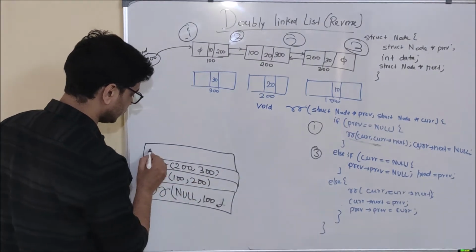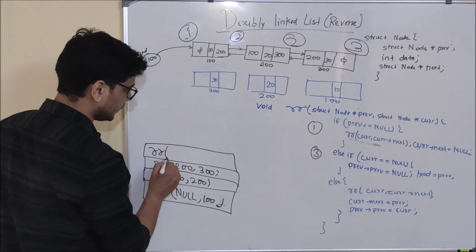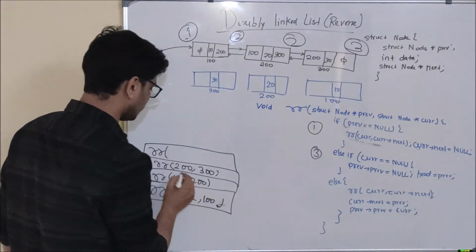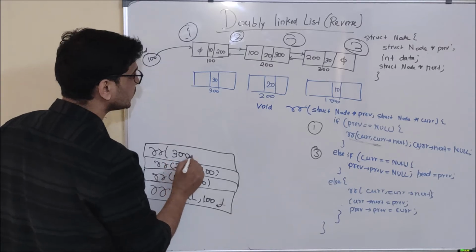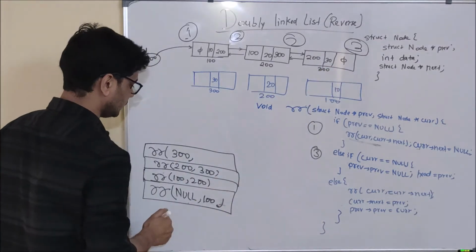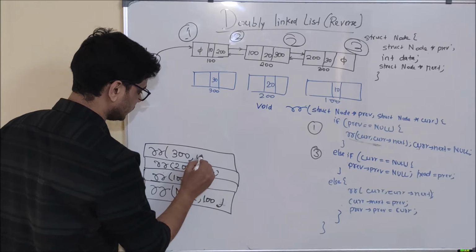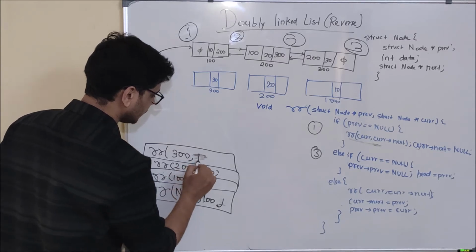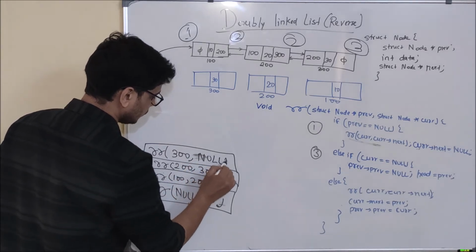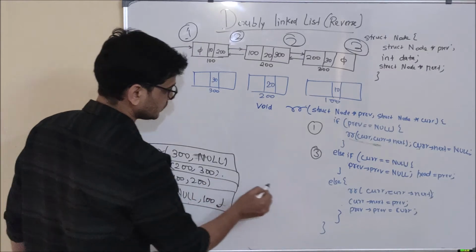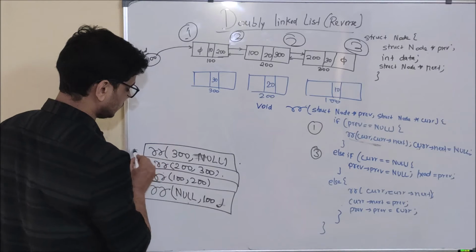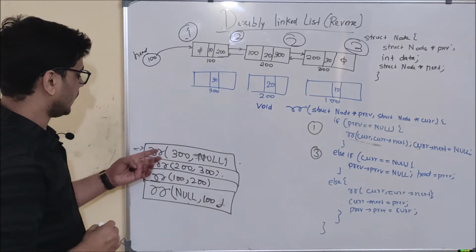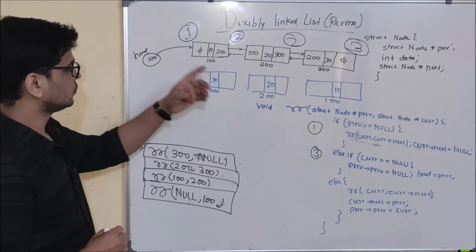So what is going to happen in this else part? A function call will be made to current comma current dot next. What is current? 300. And what is current dot next? Next part of node starting from memory address 300. So it is null. Okay. So for this particular function, when this function call is made, these two lines will go on hold till the time this function is not finished. Again this function will come for its own execution.